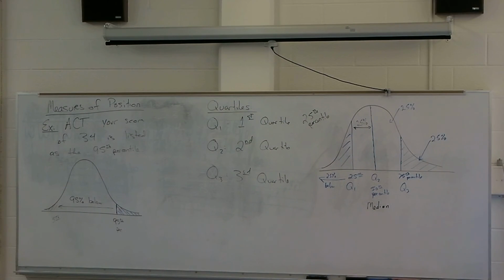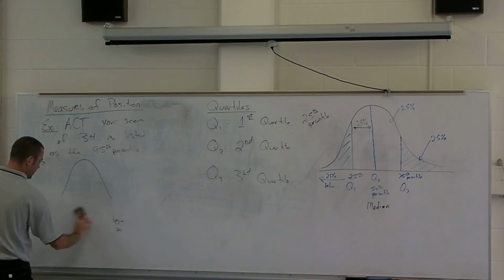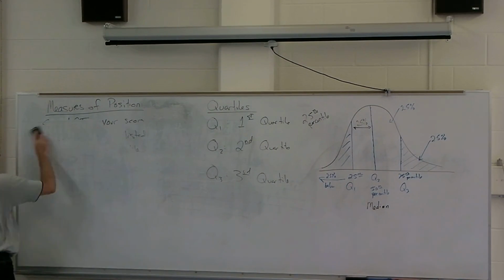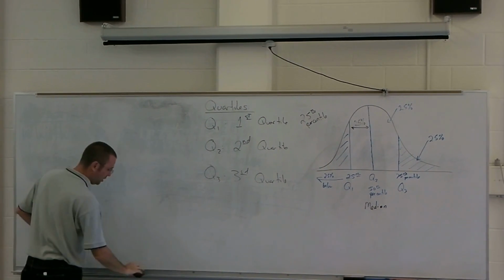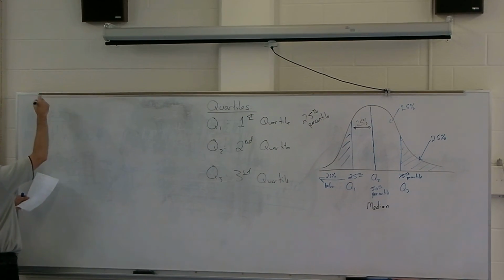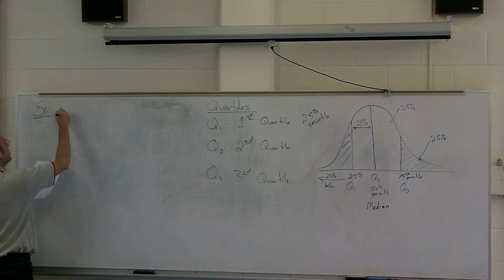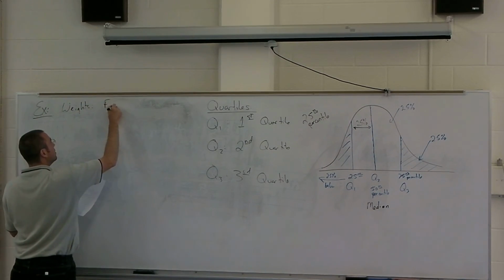All right, so these are the quartiles. Now, let's actually find some quartiles. Okay? Finding the quartiles is a very straightforward process. We've done something similar to it already. We need to do it again. So I'm going to put some data up here. These data values represent weights for varying people in this class. I won't say who, but here are the weights given. Find